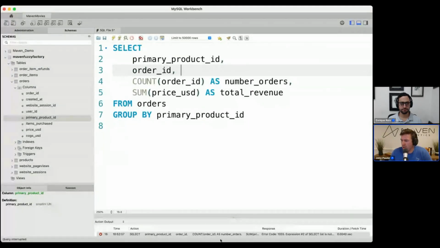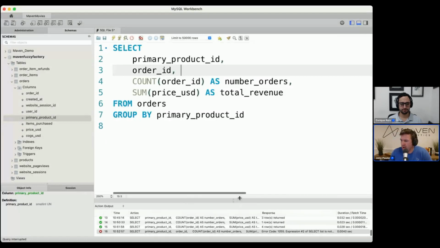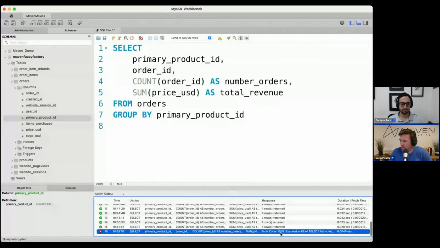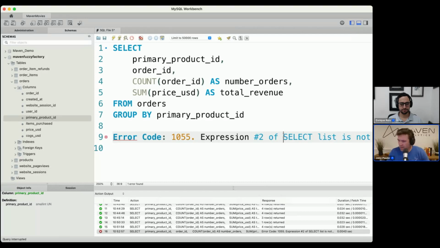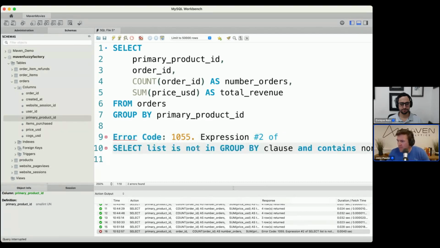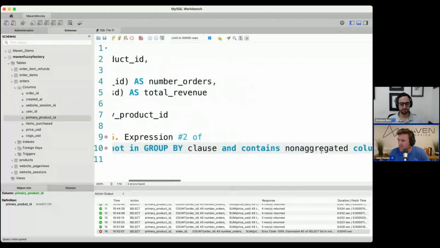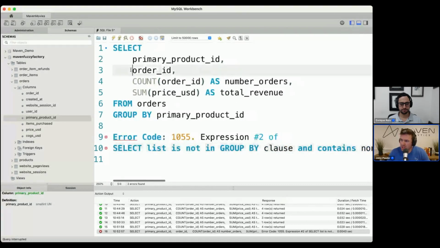For example, this runs fine, but let's say I put in order ID. We get an error here, and I'll copy that error code up here. The error code says select list is not in group by clause and contains non-aggregated columns. So basically this has created this problem.